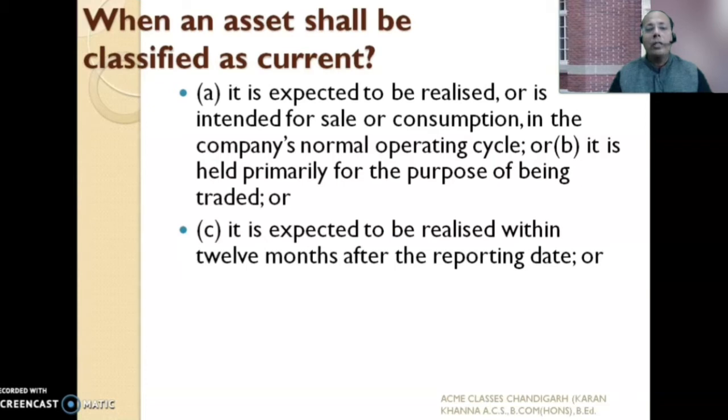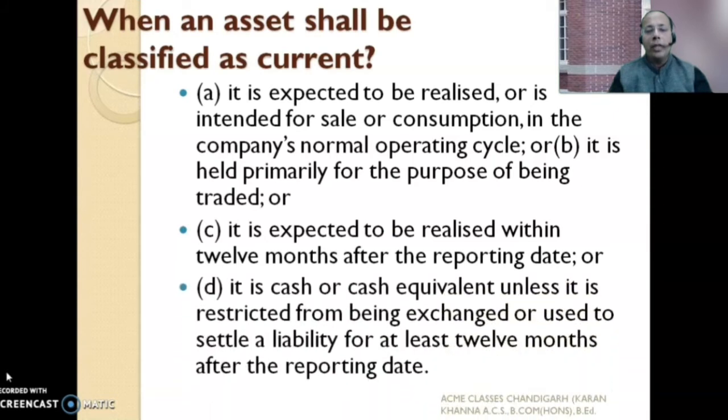And it is not just capable of being converted into cash or cash equivalents. Current assets are also those which are either intended for sale or consumption in the company's normal operating cycle. So merely saying that current assets being assets which can be converted into cash is not entirely correct. Proceeding, there is another point added to these 3. Cash and cash equivalents, which are normally considered as current assets, cannot be treated as current assets if they are restricted from being exchanged or used to settle liability for at least 12 months after the reporting date or the date of the balance sheet.